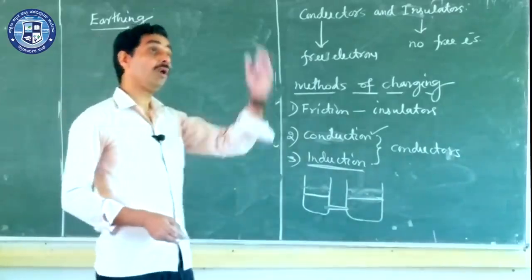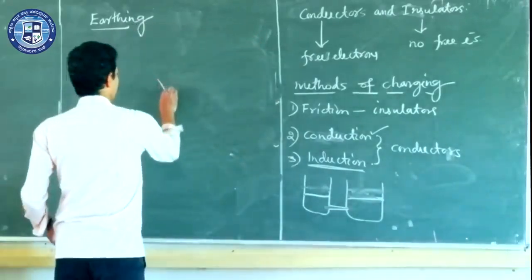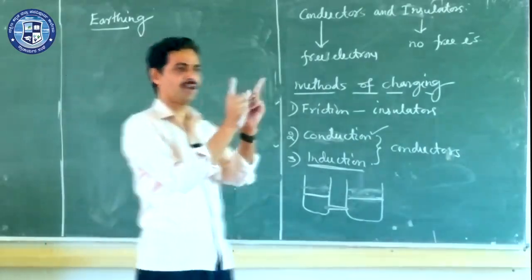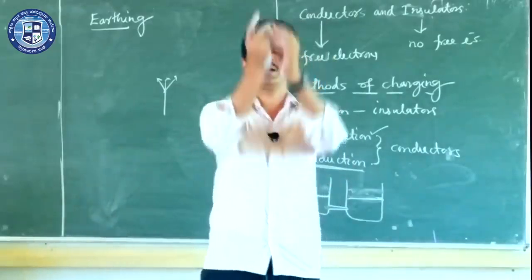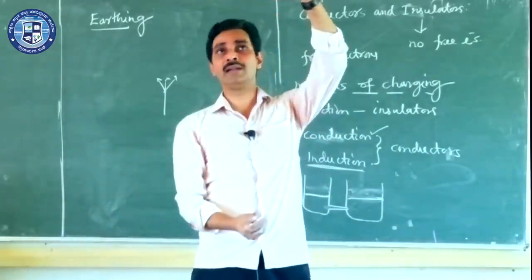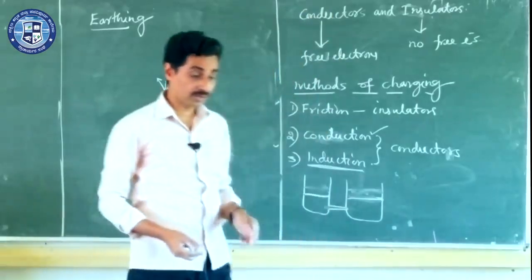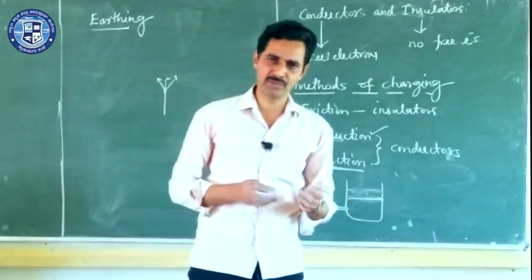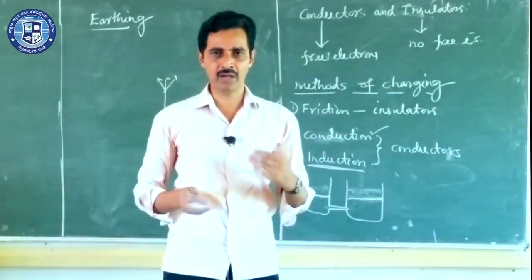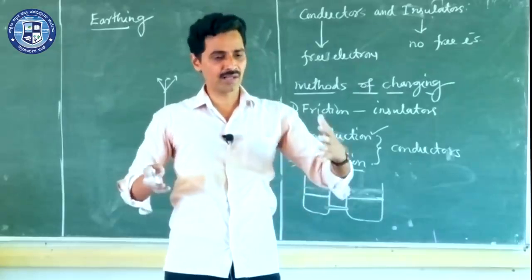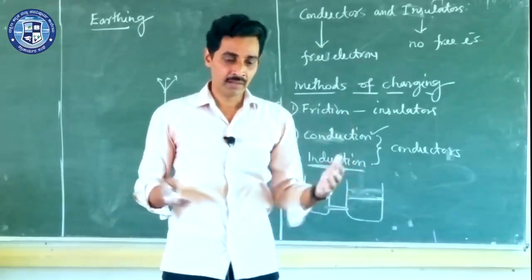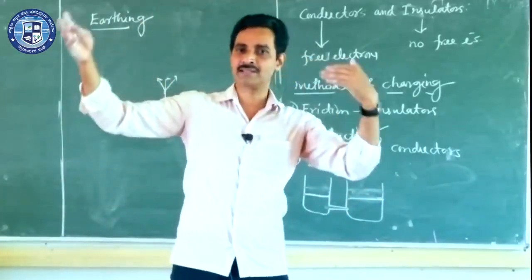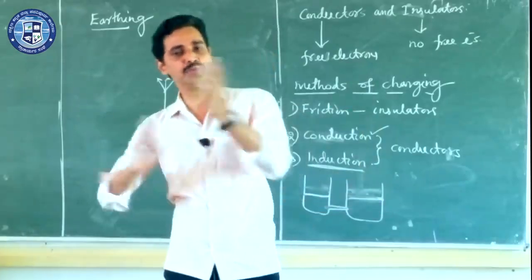And even tall buildings will have lightning arresters. You might have seen lightning arresters like this, very sharp objects. Three or four sharp metal pieces are connected to a rod, and that is held at the top of the building. Why? Because clouds contain a lot of charge. Clouds get charged because of the friction between the molecules. There are many reasons behind clouds getting charged. When these charges accumulate in large numbers, the charges from one cloud may move to another cloud. So that shows as lightning in the sky.